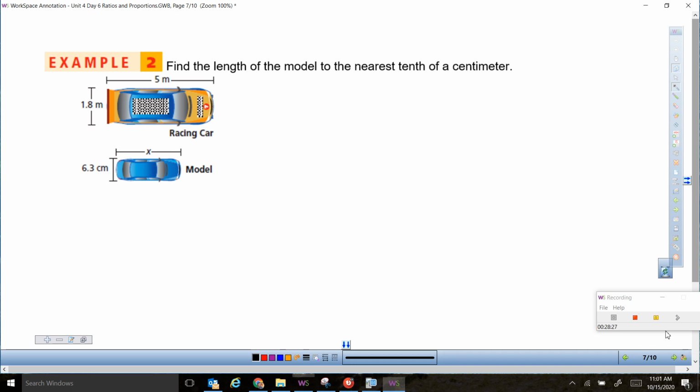Okay, example 2. Find the length of the model to the nearest tenth of a centimeter. So we have 3 out of 4, so set up a proportion. So on this diagram, we're comparing the length and the width. So I'm going to do L for length, W for width. So for the top car, the top one is 5 meters, and its width is what? 1.8. Second ratio is for the model. So what do I put for the length for the model car? Okay. And for the width, I put